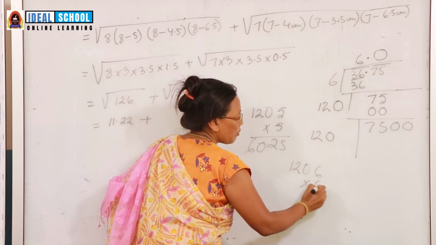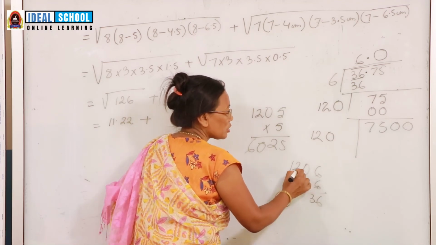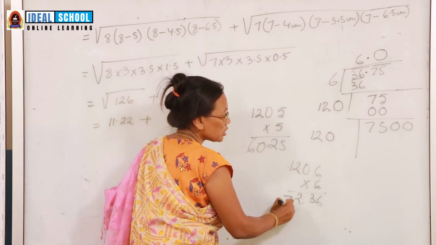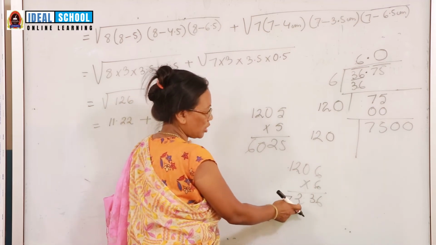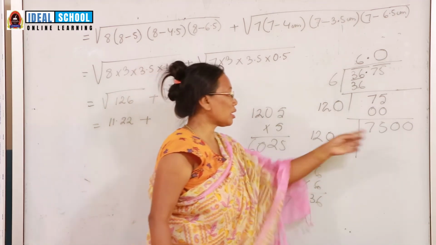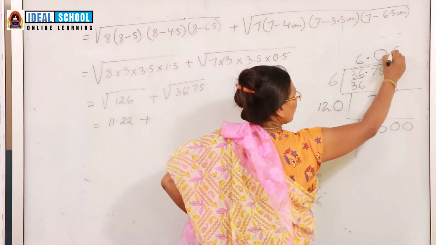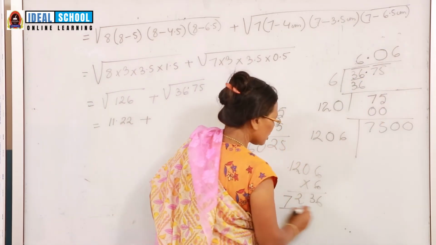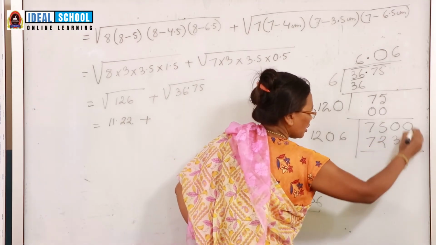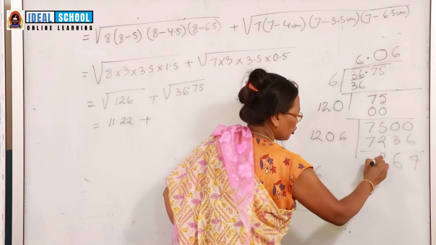Now let's multiply by 6. 6 6s are 36, 6 2s are 12, 1 in hand, 6 1 is 6, 7. Now we get almost to this number. If we take 7, it will be greater than this number. That's why now let's take 6. Then this will be 6. And this number 7 2 3 6. 4 4 6 3 2.